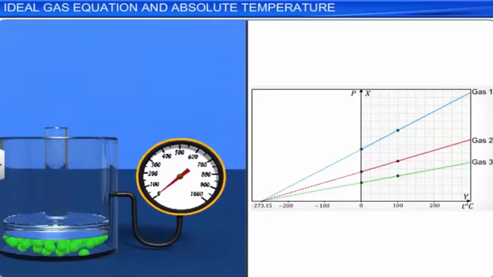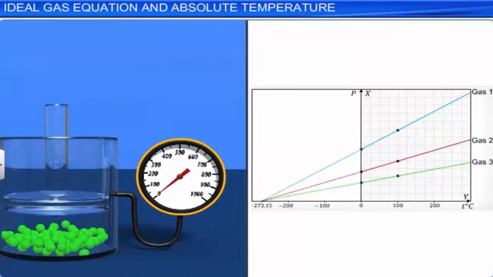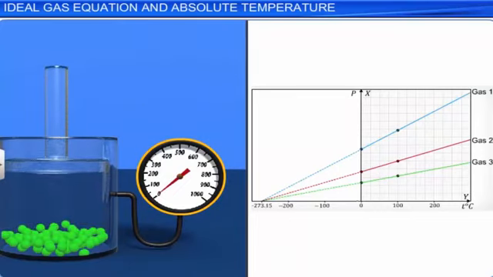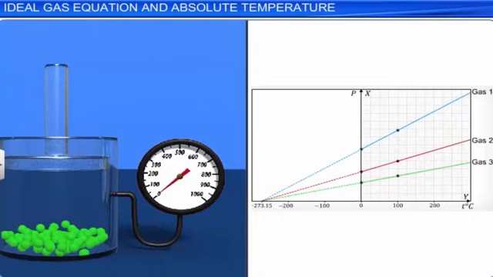In fact, at this temperature, the average kinetic energy of gas molecules becomes zero. As a result, they cease to move and settle at the bottom of the container,